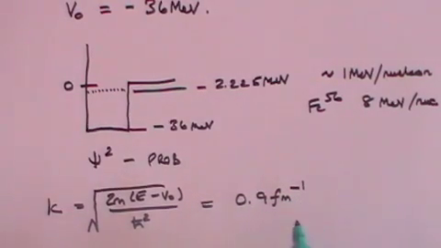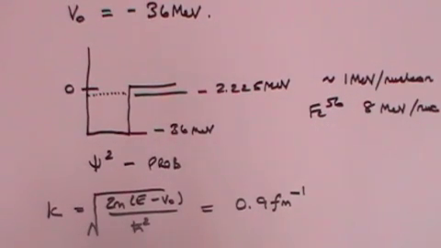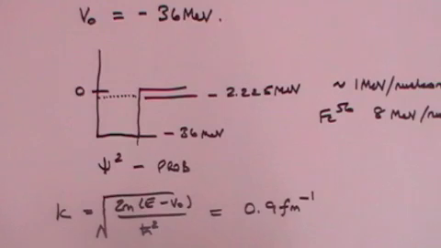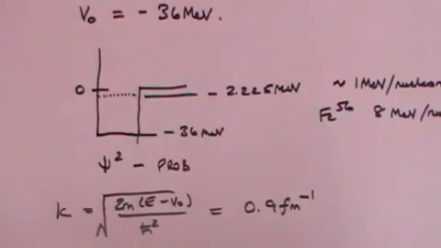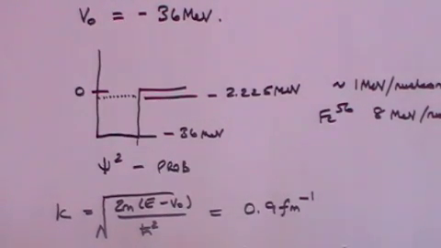It must be Fermi to the minus 1 because, of course, you multiply K by R. R is a measure of length. K, therefore, must be a measure of inverse length, so that K times R is dimensionless. And then you can say that the sine of KR, when R is capital R here, 2.1 Fermis, is going to be the sine of K, which is 0.9, times R, which is 2.1, and that's going to be